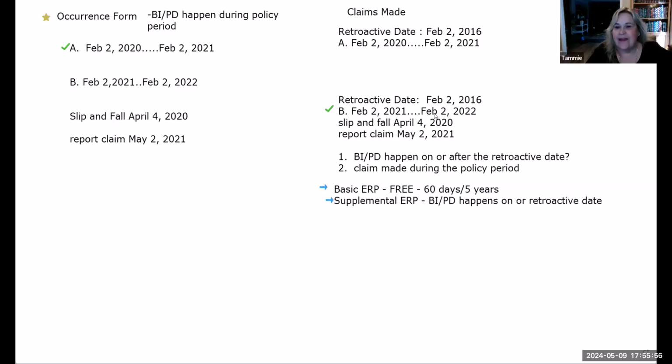Okay, and the claim has to be made during the policy period, which is fine until you go out of business. And then you get a free basic ERP, 60 days, 5 years, or you can buy a supplemental ERP that you pay for that says as long as a bodily injury or property damage happens after the retro date, it will always be covered on this last policy period. Okay, so make it simple. This is a very complex subject, but usually the test questions are pretty simple as far as knowing that a retro date and the basic ERP and the supplemental are all on claims made,